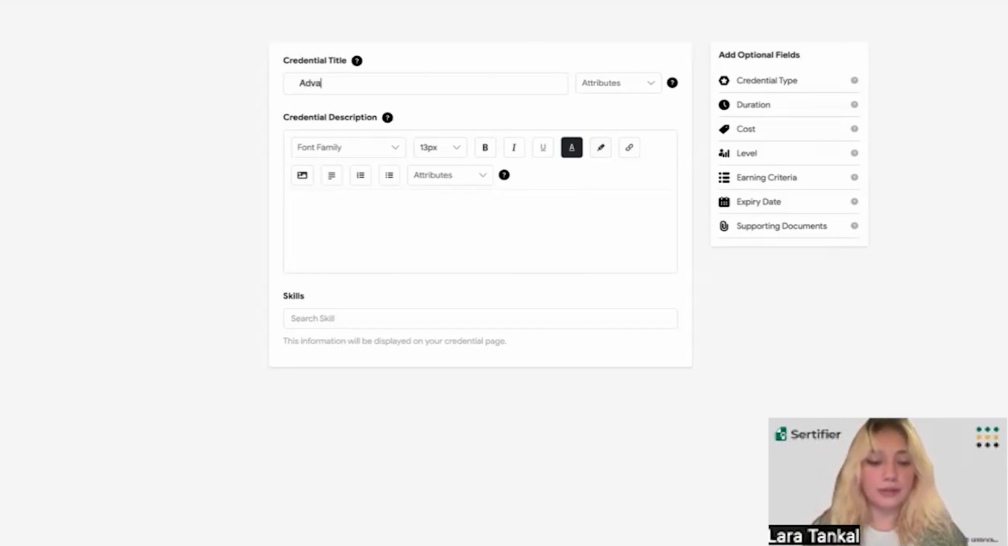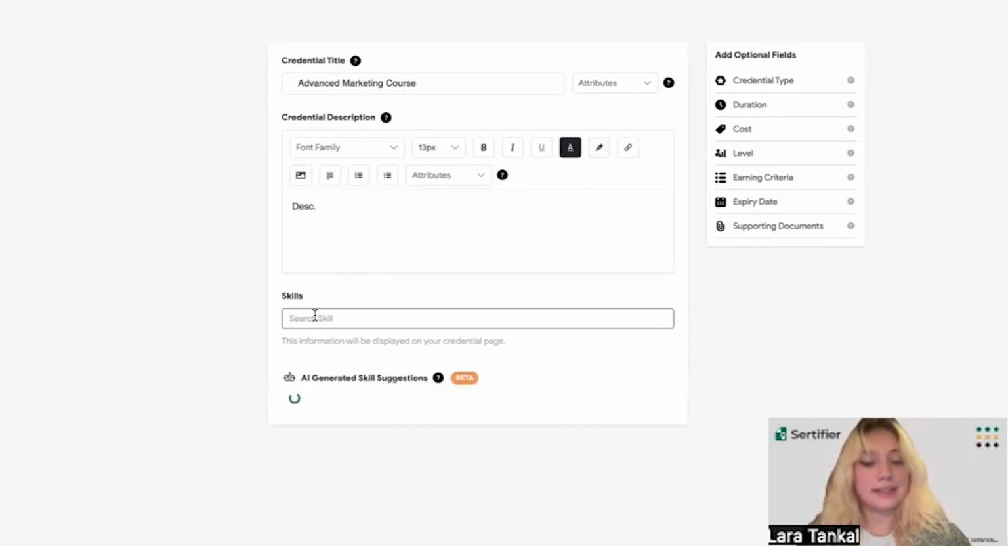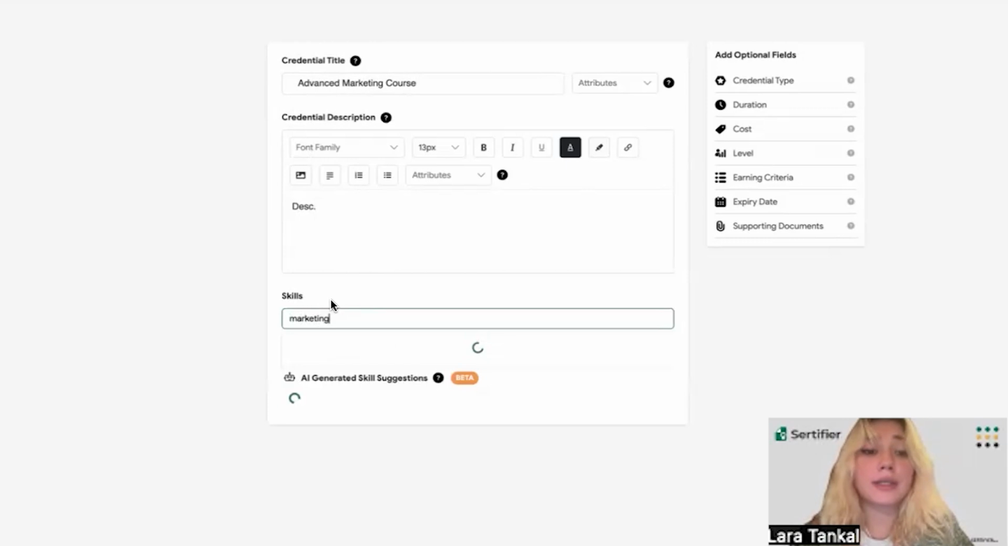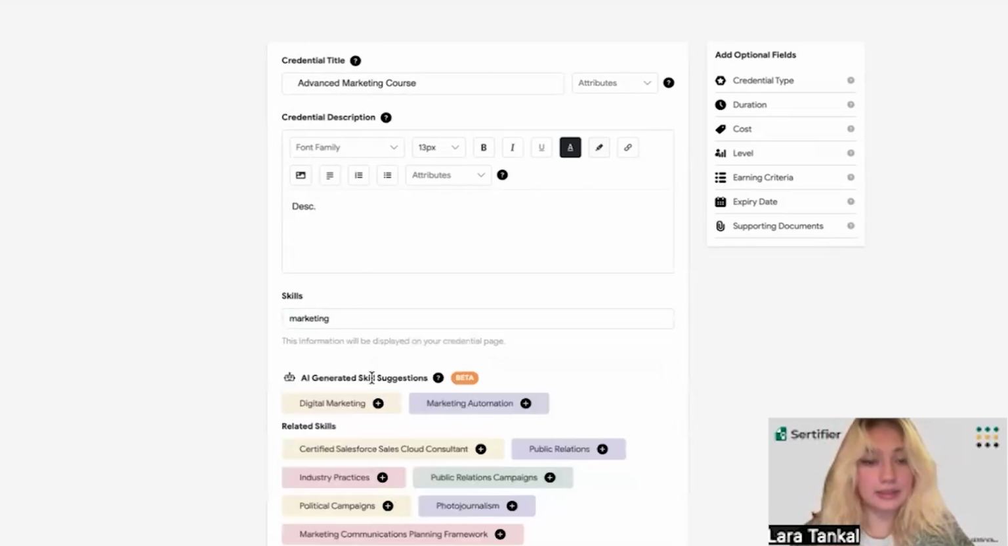So, for example, let's create a credential for an advanced marketing course. And after I enter the title, I will give the description for this course, and I will also choose the related skills for this credential. So whenever I type in a keyword, the system will give me a list of recommendations that I can choose from. So for example, let's select digital marketing,